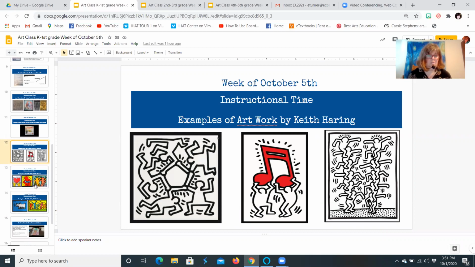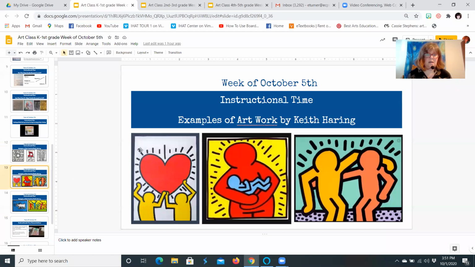Okay? Like, see the lines around the heart? All these little kind of dashy lines. And these lines around the mom or dad that kind of go out, it makes them look like maybe they're moving a little bit, okay? All right, so